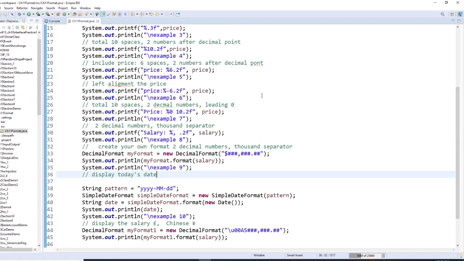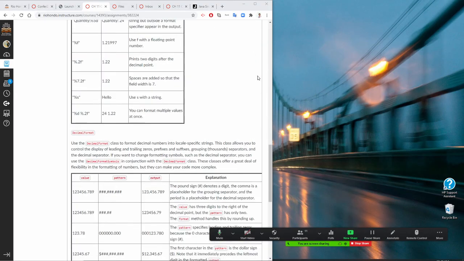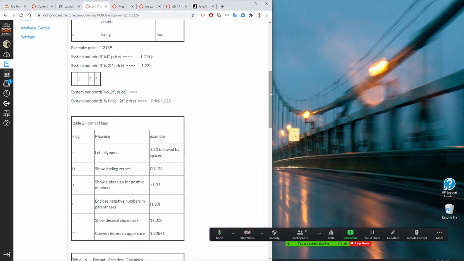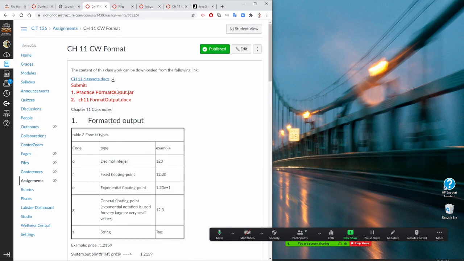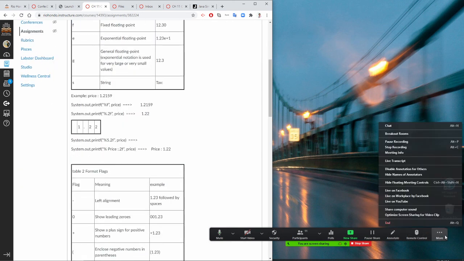All right, so as soon as you finish this one, you need to give me the jar file and copy the code. Is that okay? Jar file and copy the code. And let me give you, you know,